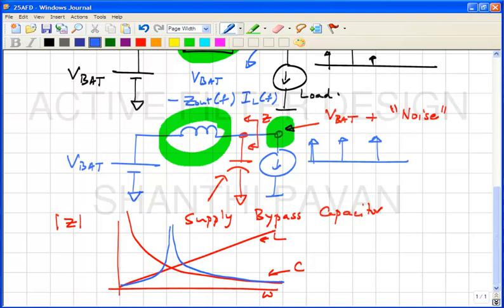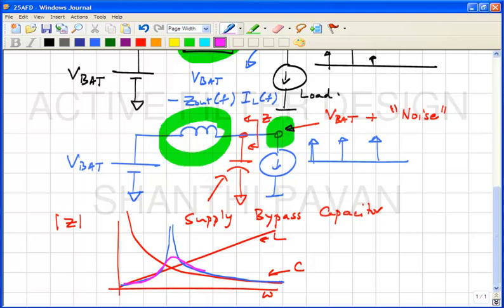So, you can see that at very high frequency there is no problem, at very low frequency there is no problem. At the resonant frequency of the L and C, there is a possibility that the impedance will go to infinity because of the parallel LC network. In reality, it turns out that there will always be some damping resistance in the form of loss, and the effective impedance will probably be something like this.